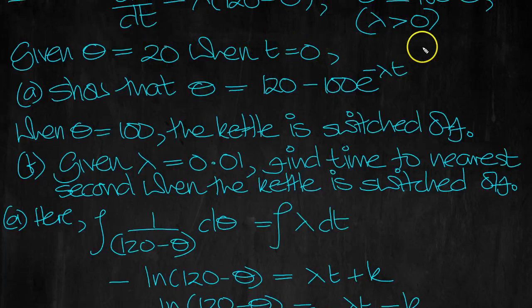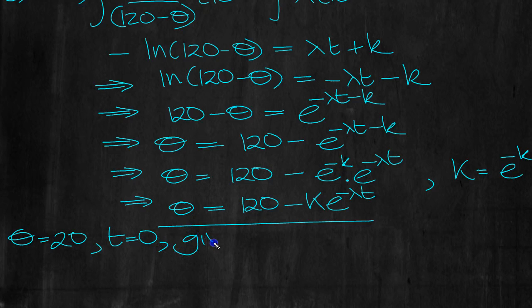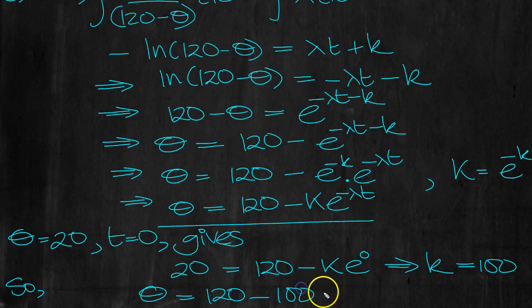Now theta equals 20 when t is 0. Let's see what the value of k is. Theta equals 20, t equals 0, gives 20 is 120 minus k e to the 0, minus 0. e to 0 is 1, so that tells us what k is. Move the k over there, and then move the 20 over there. So k times 1 is k, move that over there, move the 20 over that, k is 100. So theta is equal to 120 minus 100 e to the minus lambda t,